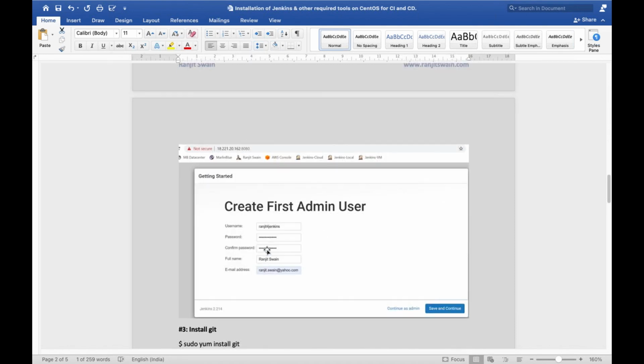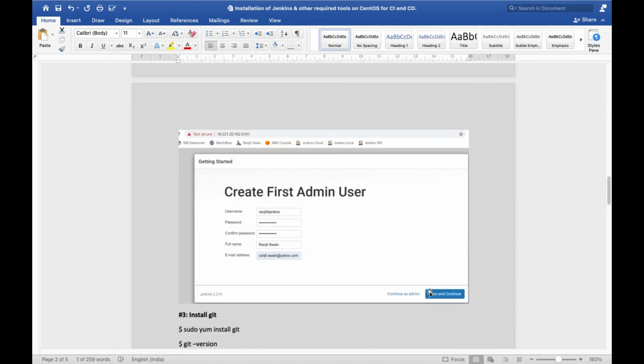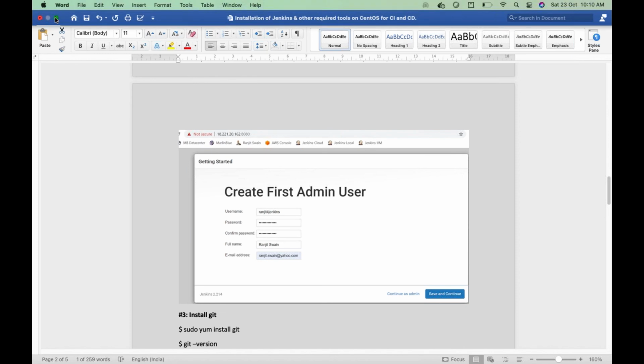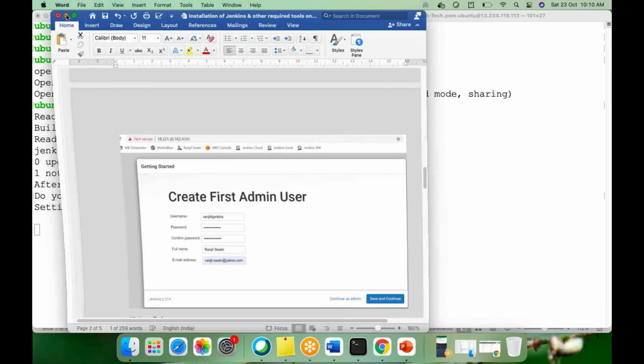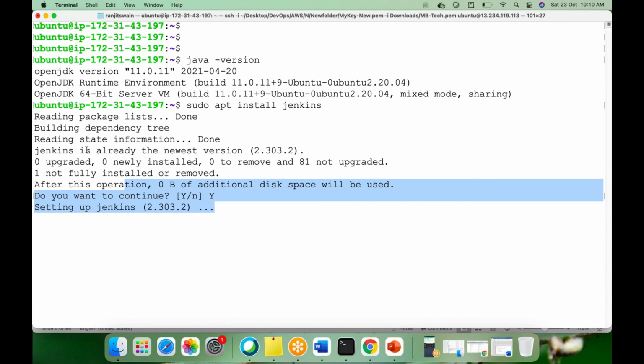Once you do this continuation, what will happen? Getting started, it will just install everything, okay? And it is just installing the default plugins. After it installs, whatever default plugins are there, just install them. Just click next and it will be installed. Once installed,